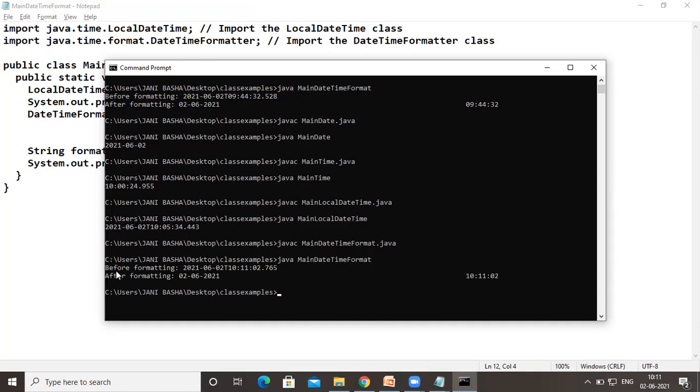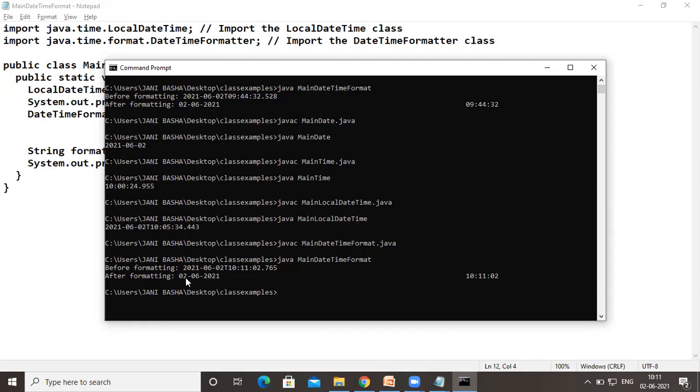See here now. Before formatting, the date is 2021 June month, and then date 02, and it is followed by the T symbol, and then it is giving the time as 10 o'clock, 11 minutes, 2 seconds, and milliseconds. After formatting, I am changing this into some other format.